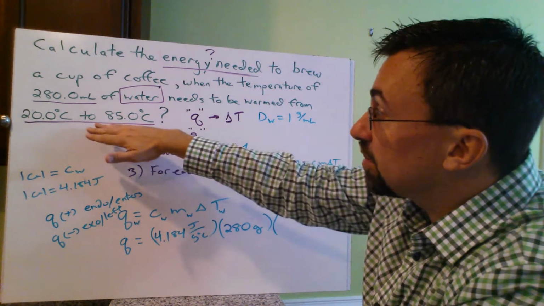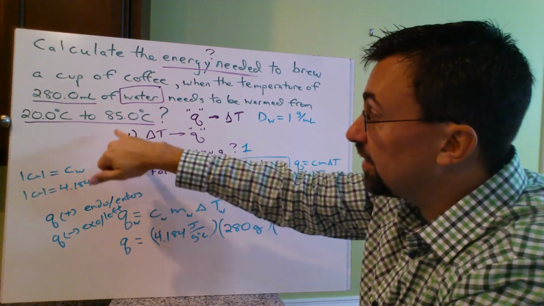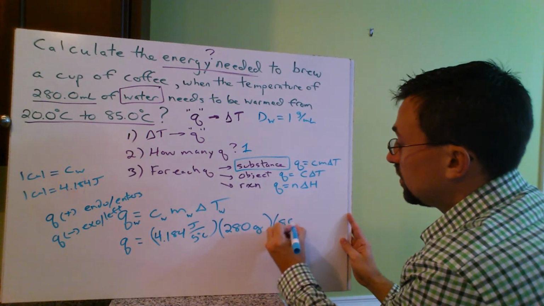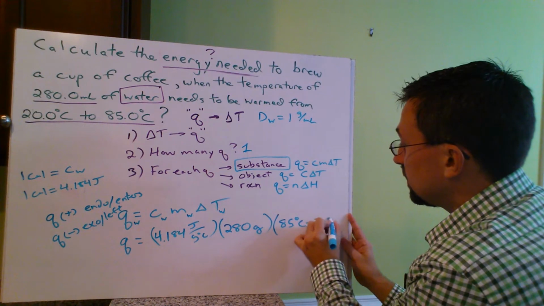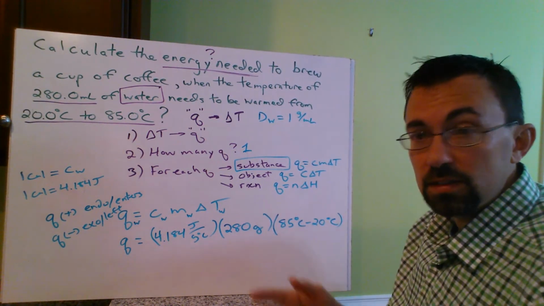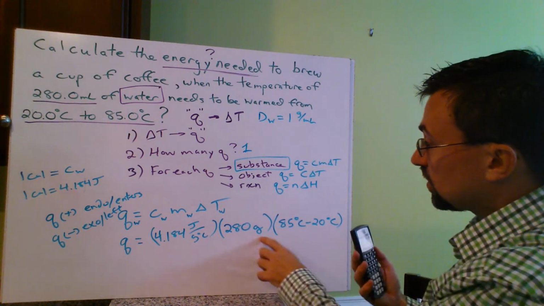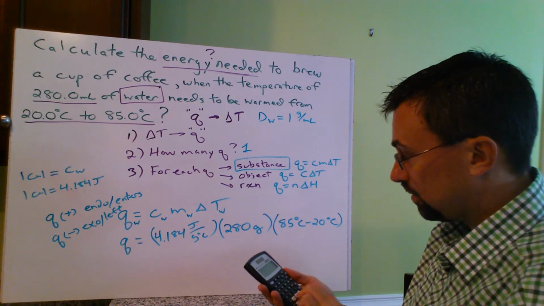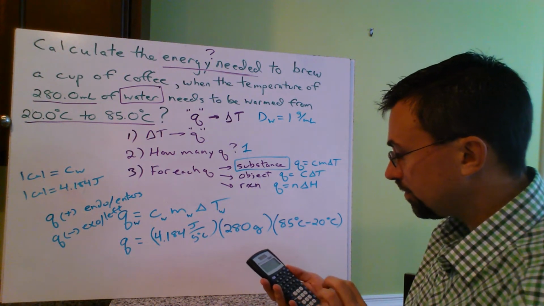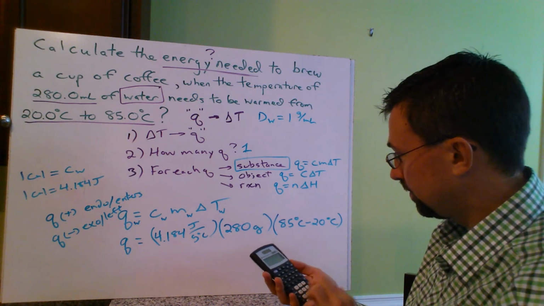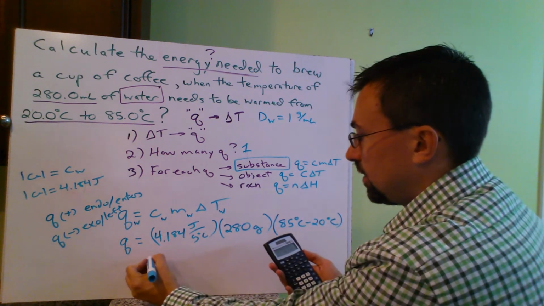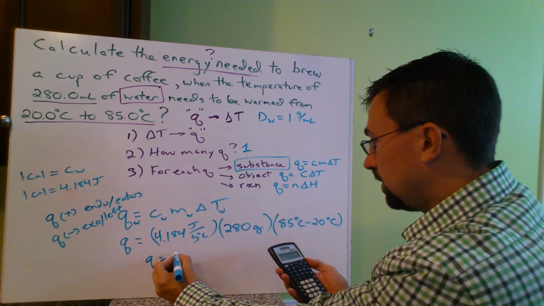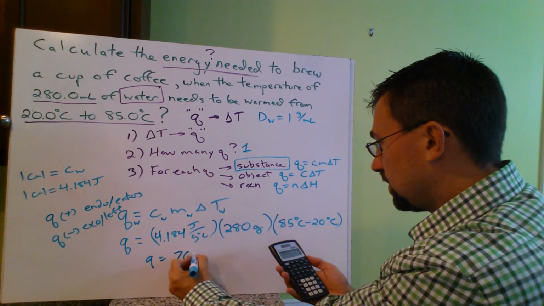All right, so delta T is always final minus initial. So what's my final temperature? If I'm warming at 285, that's my final. That's my initial. So we have 85 degrees Celsius minus 20 degrees Celsius. And from here, it's literally just plug and chug. Grams goes away, Celsius goes away, so my answer would be in joules at the end. And I got, let's see, what my sig figs would be, 3.76100